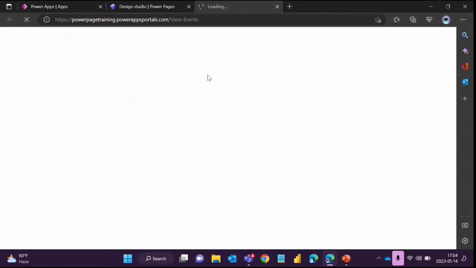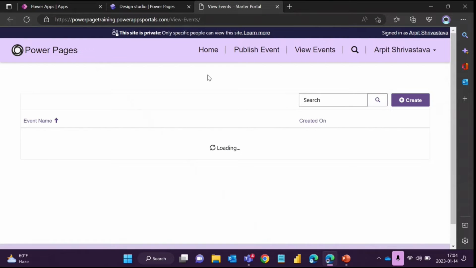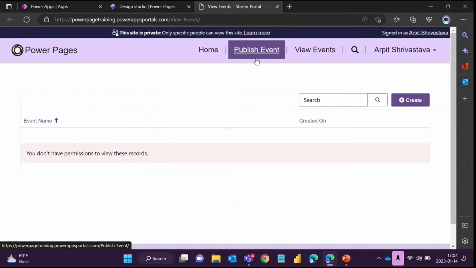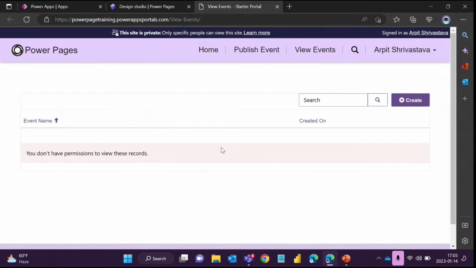desktop. But as I told you, I haven't enabled the permission here, so obviously you will see the notification that you don't have permission to view these records. If you remember in my last session, I gave only the create privilege on the event entity, because I just wanted to allow the user to create the data, or insert the data, in the Dataverse. I haven't provided the read or delete operation privileges. Since I've enabled all these features in this list and I don't have enough privilege available,